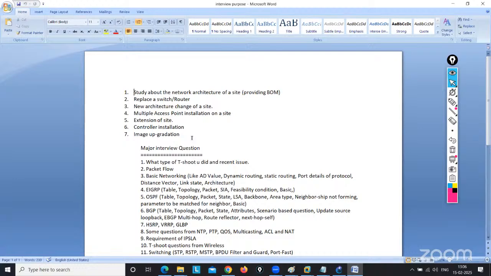If with 5 years of experience you are still doing the same work, you are somehow working as an L1. And if you are applying for an interview with more than 5 years, the interviewer will definitely expect that the candidate should be between L2 to L3, minimum L2. And if you tell them that you do some monitoring kind of work, then most probably they will not take you.